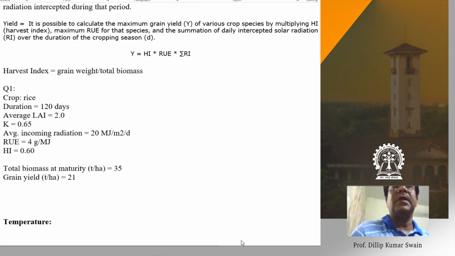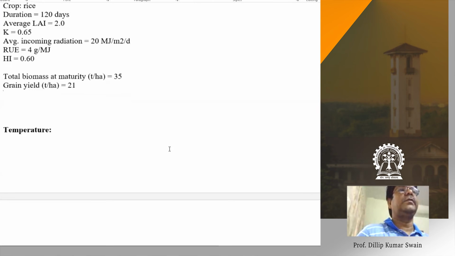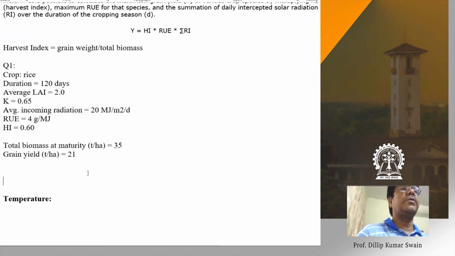So if you are getting that answer, with no deviation, I think you have understood this. If somebody is getting a different answer, they have also definitely understood. But if something is wrong in that calculation, you can check it. Or if anybody has any problem or doubt, I'll be able to clarify. Any further doubt? Okay. So I will go to the next one, temperature.